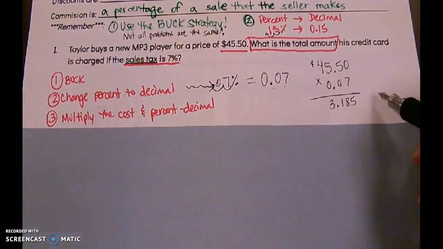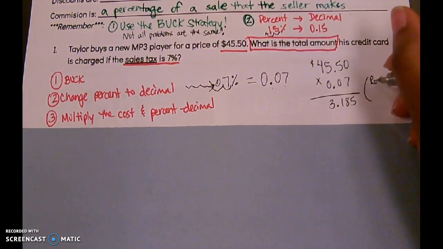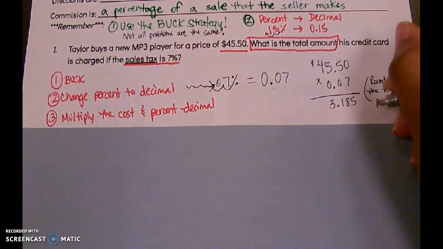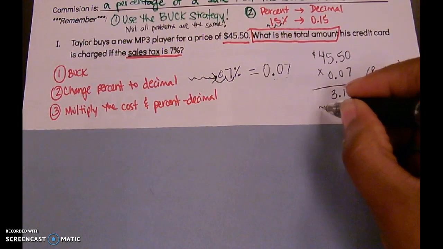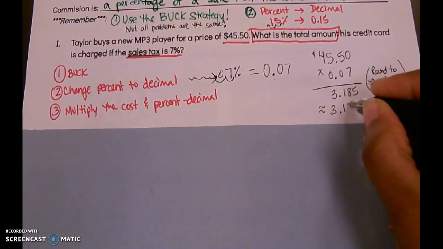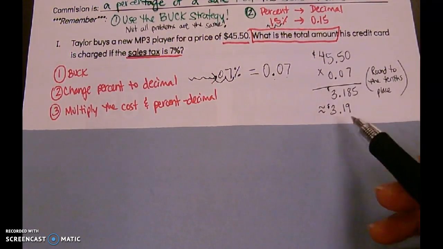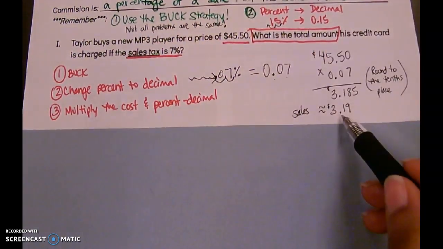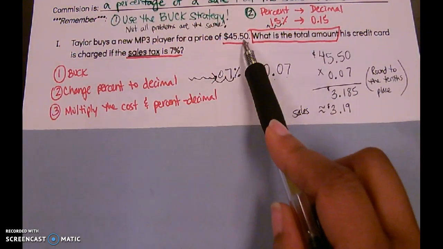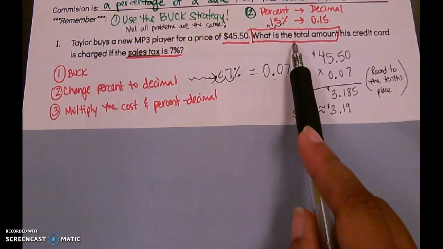3.185. Now, I know I'm dealing with costs, and I know with costs, I only deal with the hundredths place, so I'm going to make sure I round properly. Okay? If I round, then this number is going to be $3.19. Okay? Now that I have the amount for the sales tax, because essentially 7% of this amount is $3.19, if the question asks me what is the total amount,